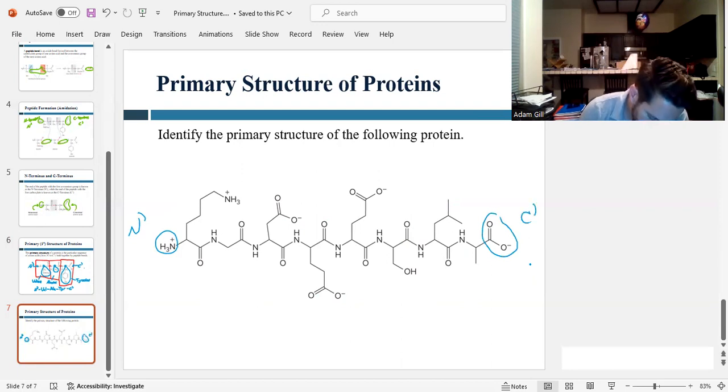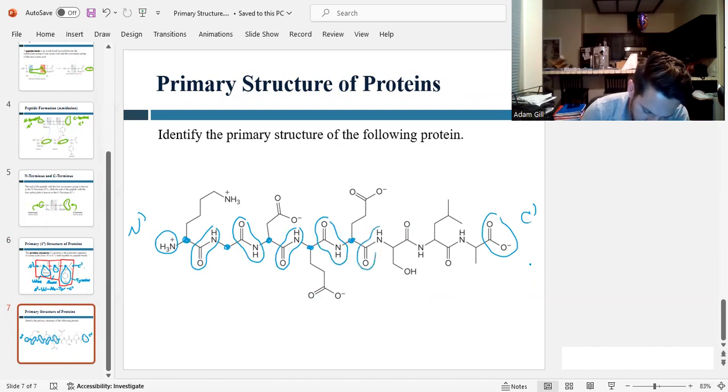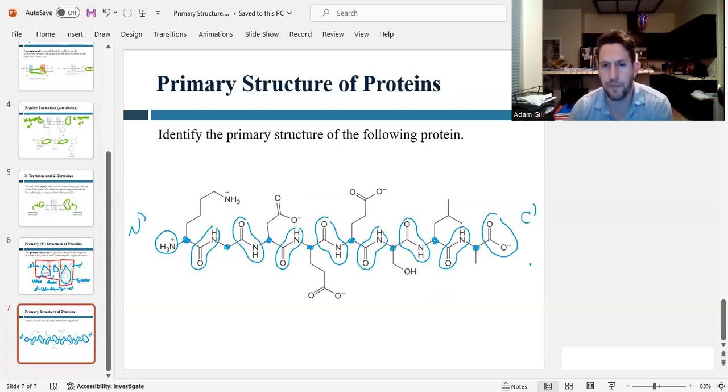Now, what we have is alternating alpha carbon, peptide bond, alpha carbon, peptide bond, and so on, down the chain. Hopefully you're seeing the pattern by now. Alpha carbon, peptide bond, alpha carbon, peptide bond, alpha carbon. Oh, and then we're at the end of the chain. And so this alternating pattern